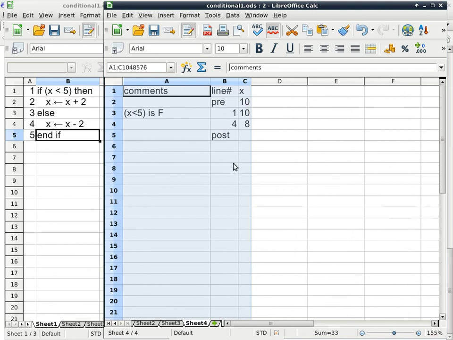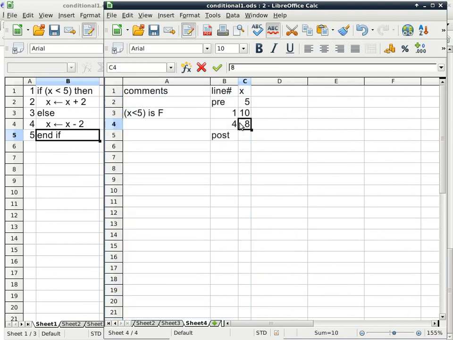So here we have another test case, except x starts with a value of 5. So I'm going to remove all this stuff here, so we can just run the program the same way as we normally would. Once again, x is not updated, continues to have a value of 5. The real question is, is it true or is it false that x is less than 5? It's false. It is false. And so it will do about the same thing as in sheet 3, because it will go to line 4 in this case, because it is